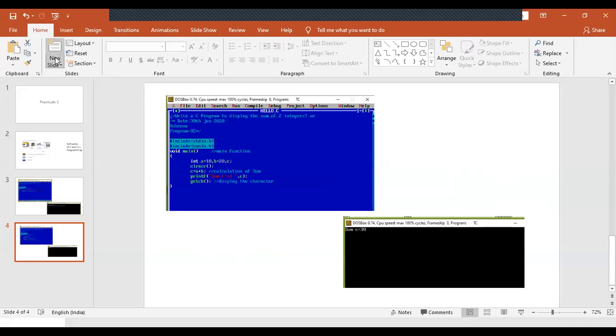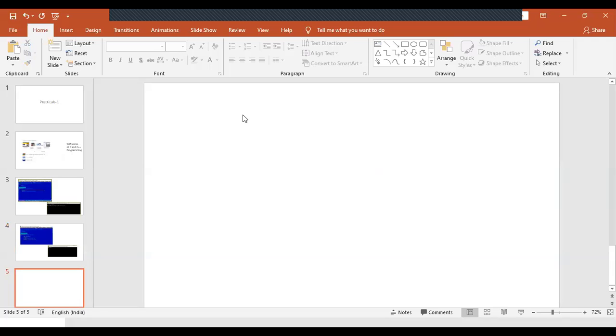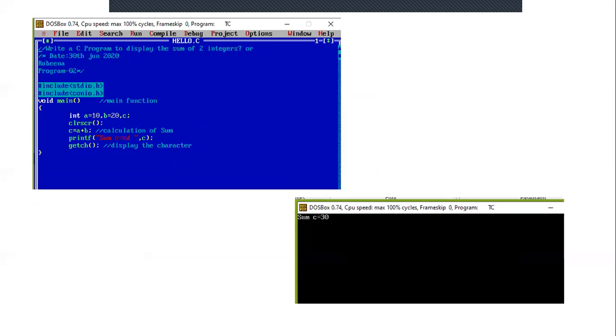I'll give an assignment to you. Write a simple C program for performing the sum of three integers. This can be your assignment for today. And run the rest of the two programs that we have practiced.